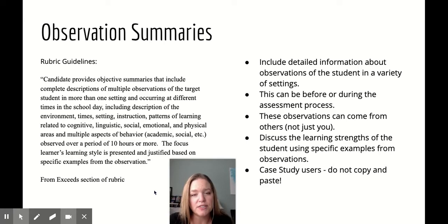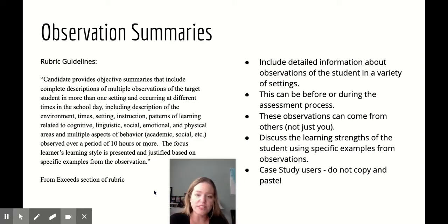from those observations. Now, the challenge here, I want to highlight, is that we want to include detailed information about the observation, that they should be in a variety of settings, not just in one place in your classroom at one time of day, but also maybe in the lunchroom, maybe on the playground, maybe in the hallway, maybe in another class, your students with a different teacher, and you go and observe them. So a variety of settings,